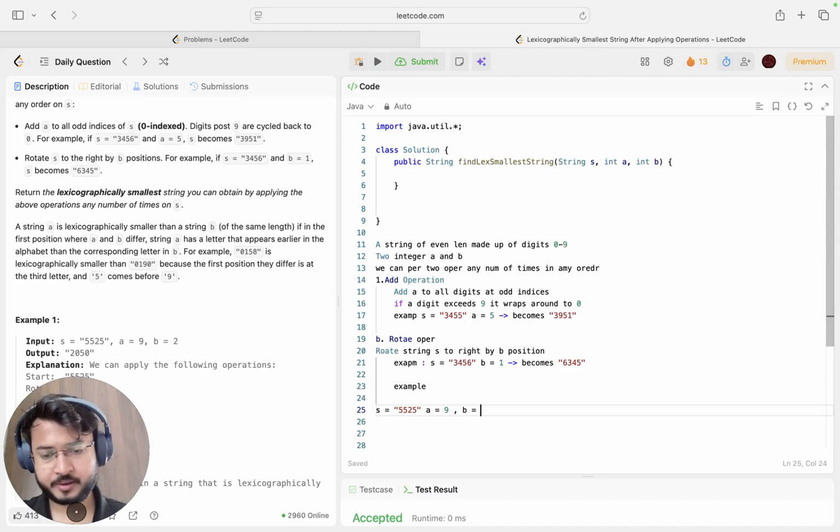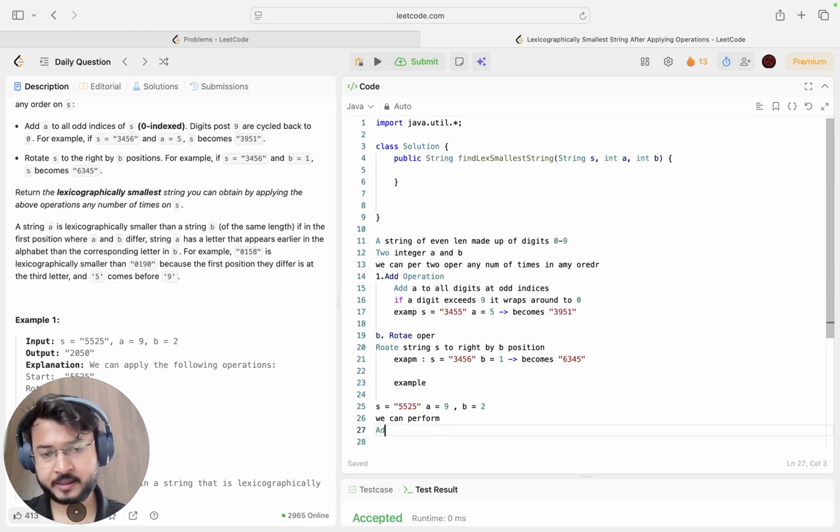What operations can we perform? First, we can add 9 to the odd indices,